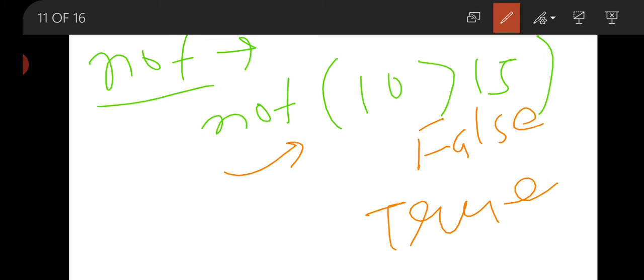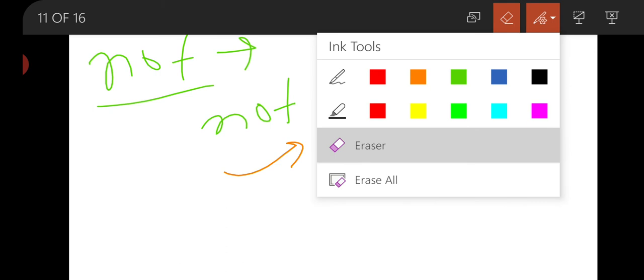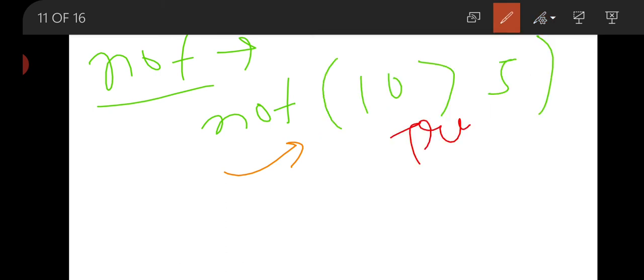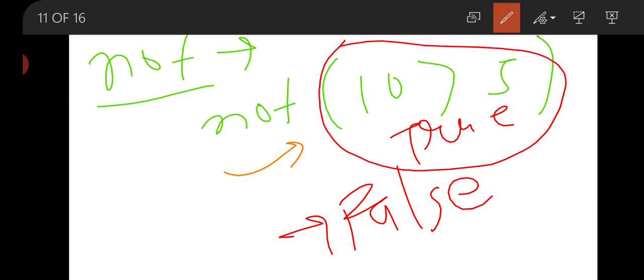If we have written 10 is greater than 5, then the condition is true, but after applying the NOT operator, this will return false. यहाँ पे तो true है, but when we have applied the NOT operator, this will convert it into false. This is your AND, OR and NOT operators.